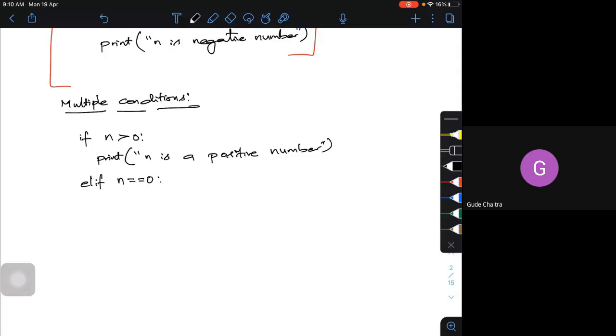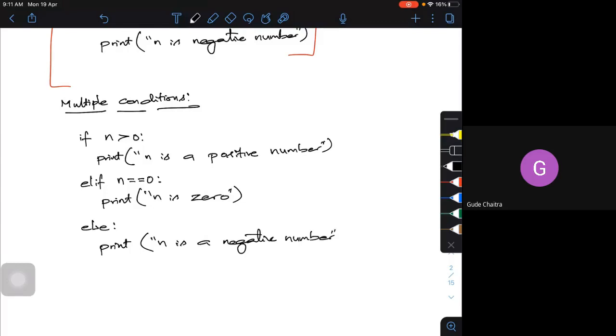Look at this. Each elif statement ends with a colon. Print n is 0. Else, print n is a negative number. What is the extra thing I did compared to the previous one?